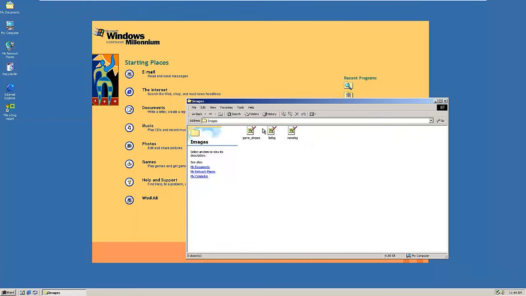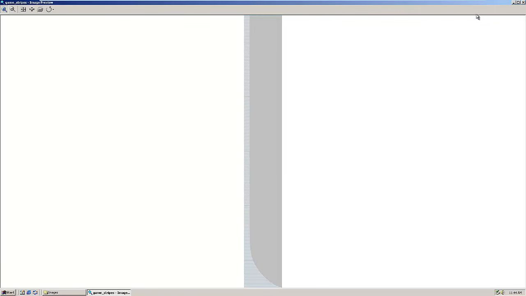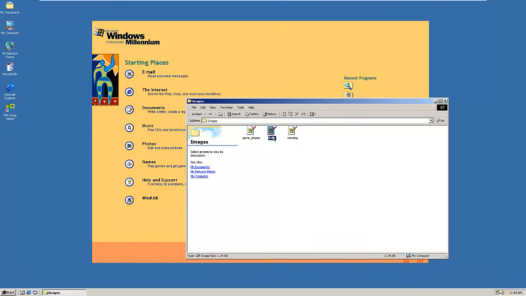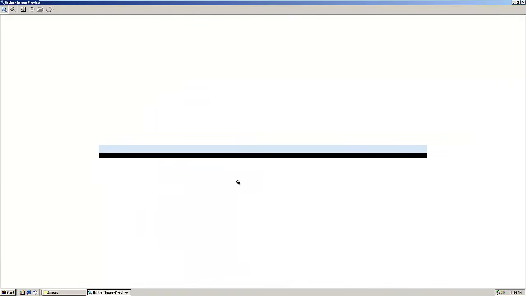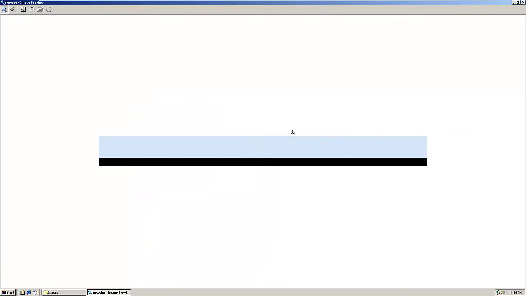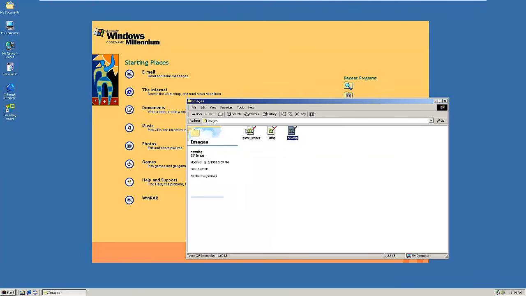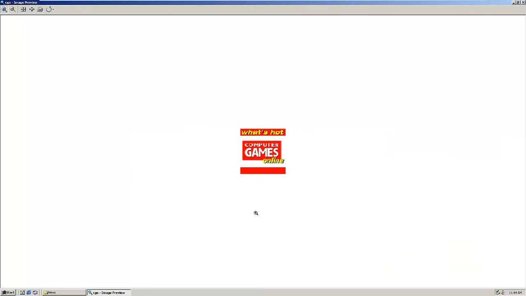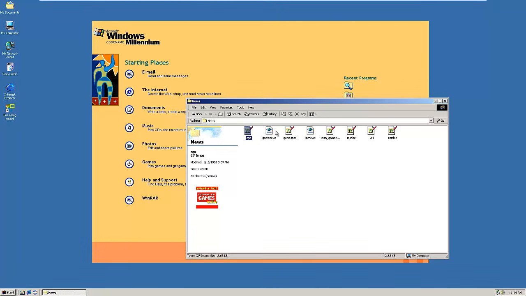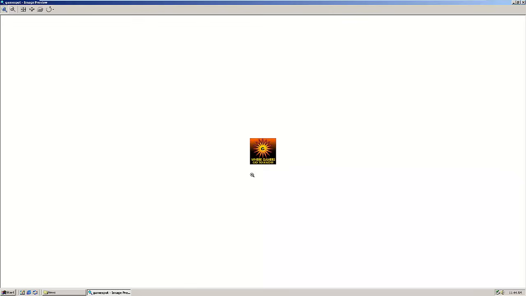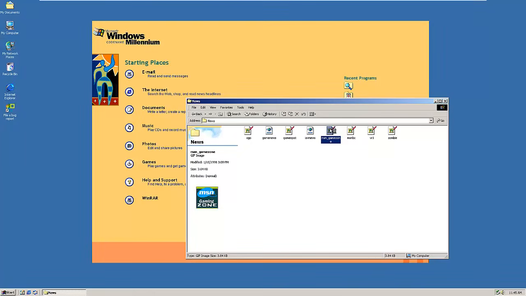We have images. Let's take a look at the images. We got game stripes, which is the same as music stripes or picture stripes, whatever they were. List BG. It's like a background thing. We have news BG, same thing, just a little bit bigger. And news logo. Looks like it was an image from something we saw earlier. A game news XML file, GameSpot, where gamers go to know, that was the same thing we saw earlier from GameSpot. MSN Game Zone, Microsoft Gaming Zone,